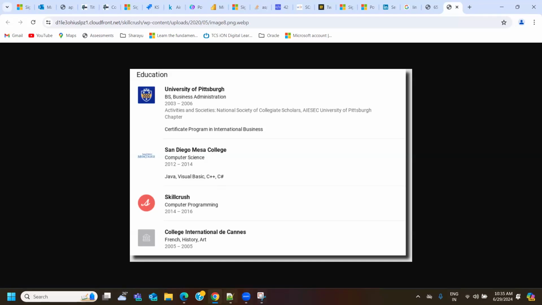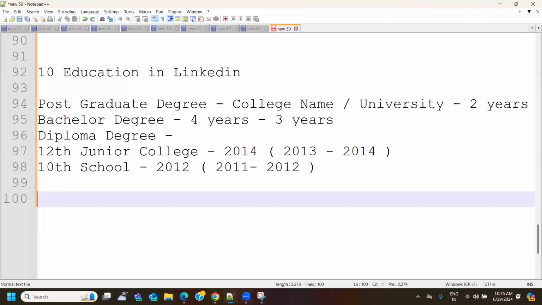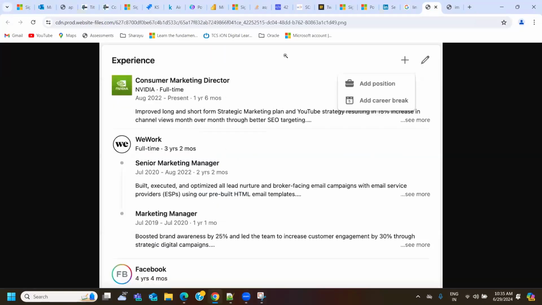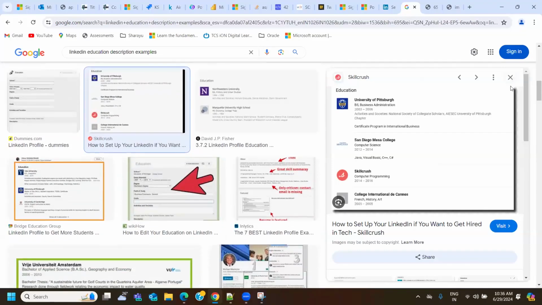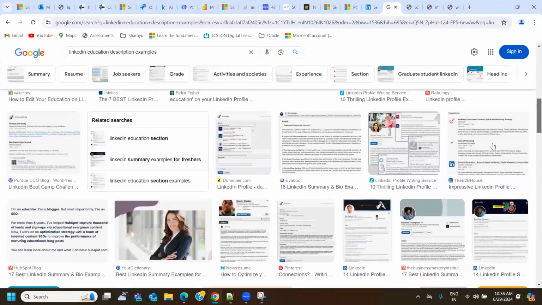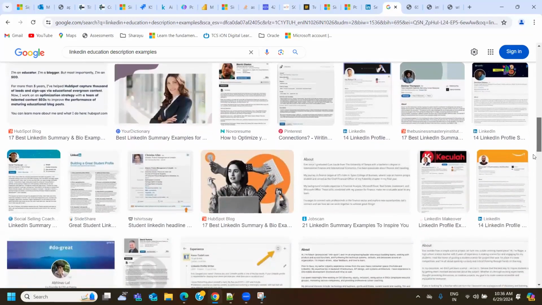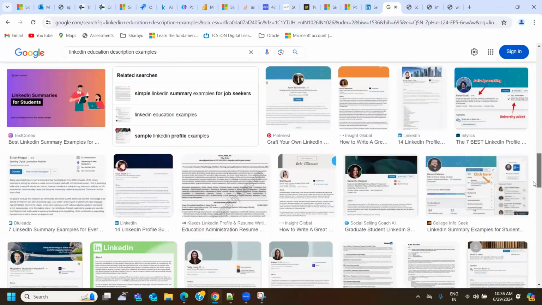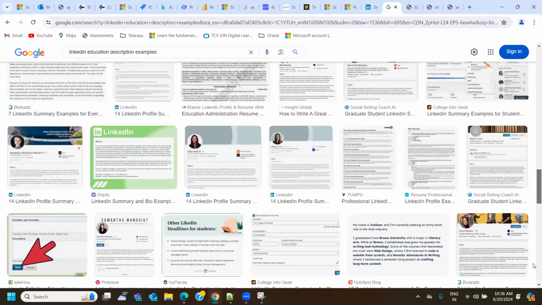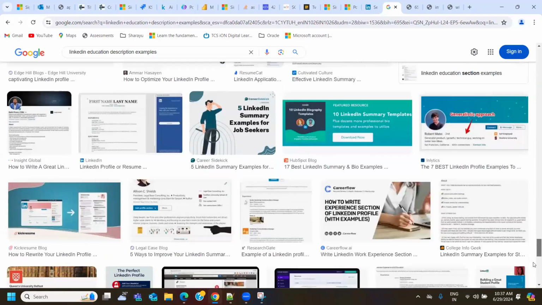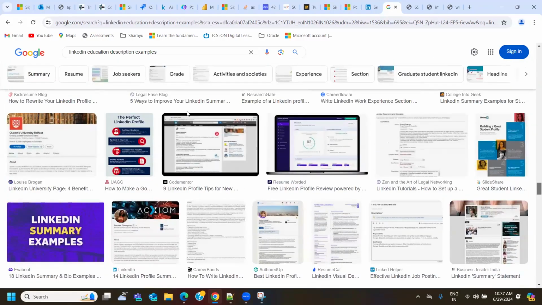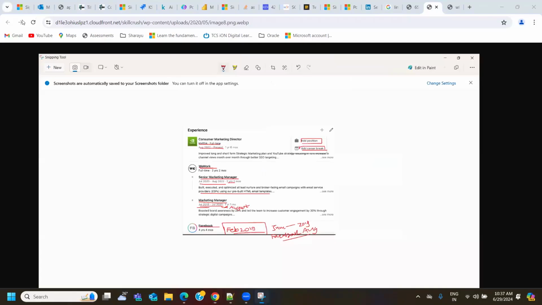And how do you mention it? The latest degree should be at the highest level. This is wrongly mentioned, it seems. Randomly, some information is coming. Maybe I'll take some other example. I don't see anything visible here. Nothing is there related to education. But anyway, if this is how it looks, this is not the correct way.